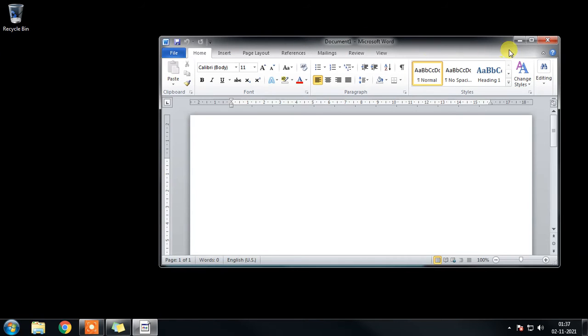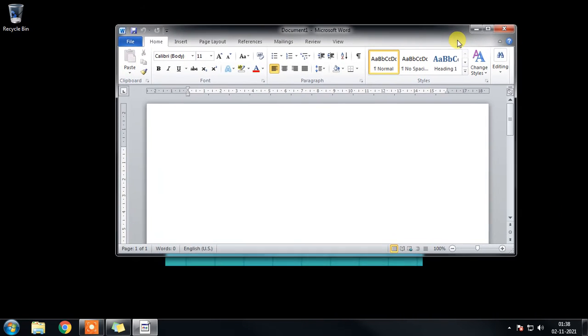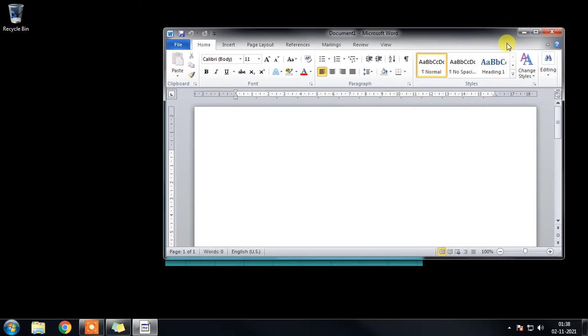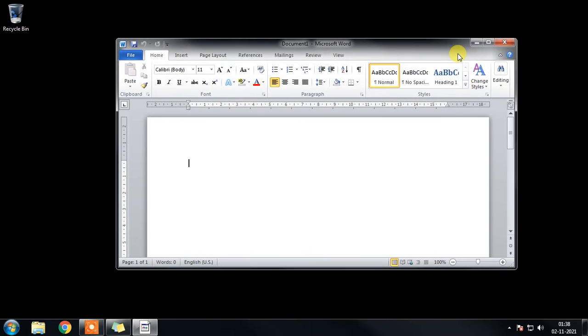In the free area, we have to press and hold the mouse button, then we can move the window throughout the screen. In the same way, when you take the mouse to the edges of the window, it will change into a two-headed arrow.